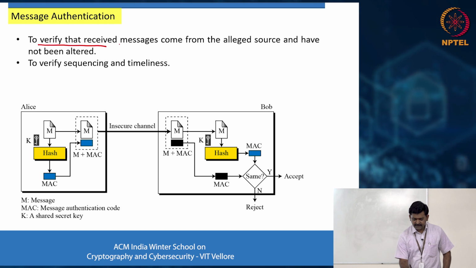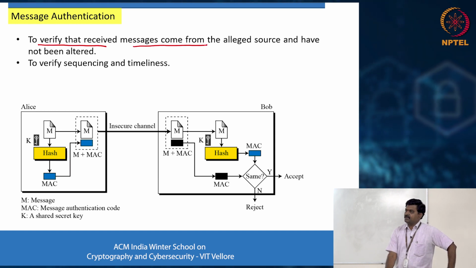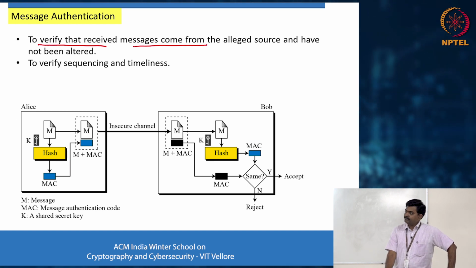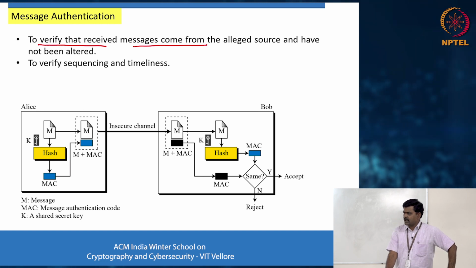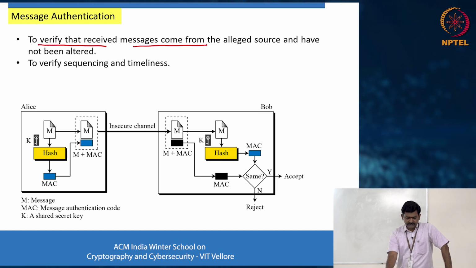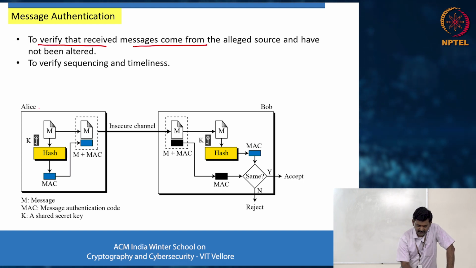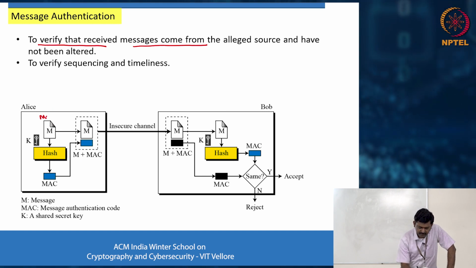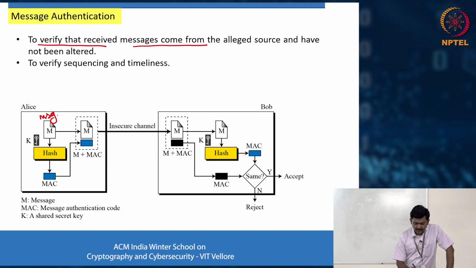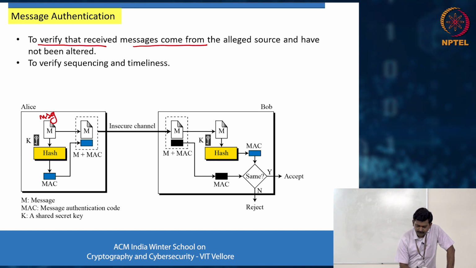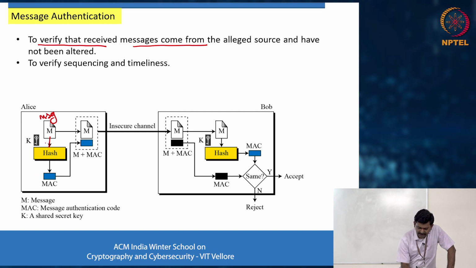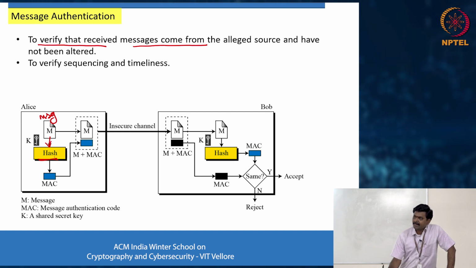So to verify that the received message is coming from a particular source, and also that it is not altered, that means integrity is preserved. So how do we do that? In order to do that, Alice is sending a message to Bob. What did Alice do? She took the message M, and then,